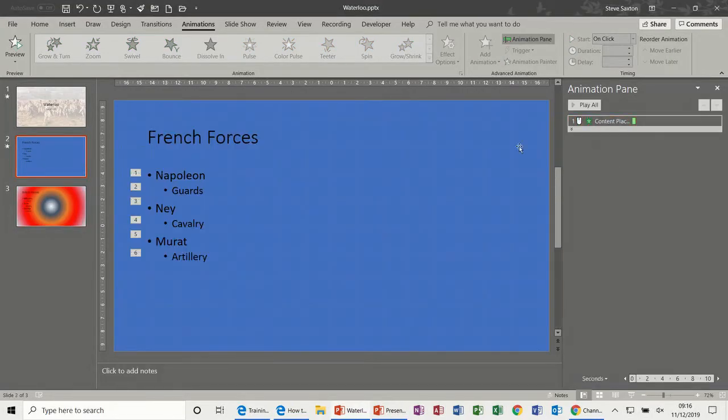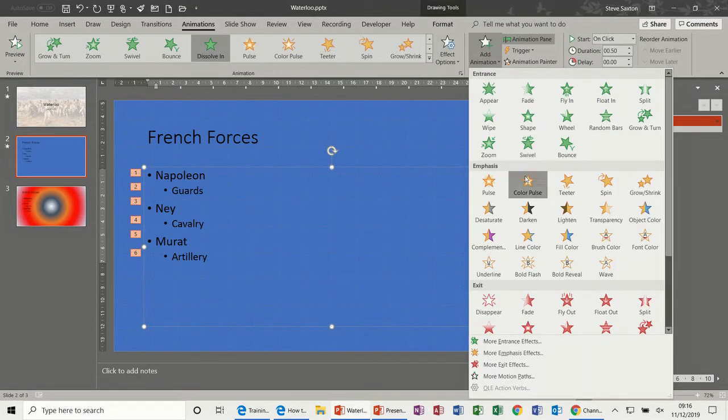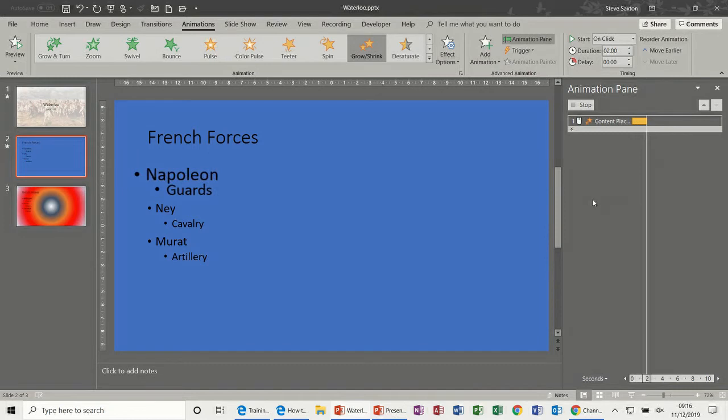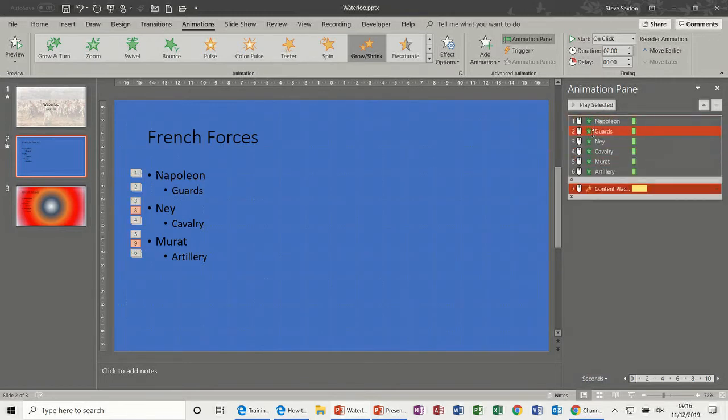So there we go. Now before, when I showed you using these animations, we could not layer the animations, but now watch what happens. If I click add animation and for example do grow and shrink, so it's going to happen, but it sits underneath the previous one. It hasn't